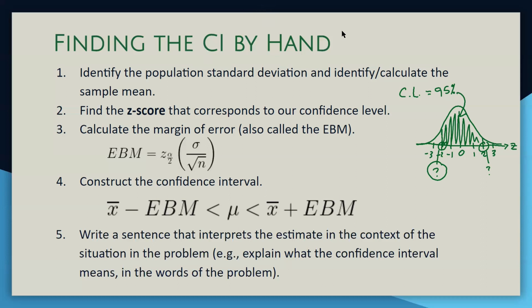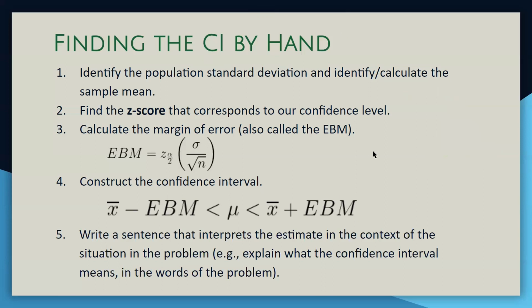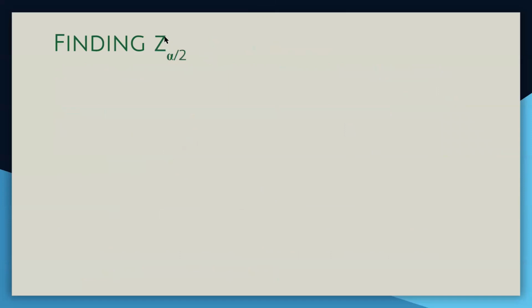Okay, so my assumption is most of you are not going to want to do this by hand. So let's talk about finding that z alpha over 2 really quick, and then we're going to move on to how to do it on your calculator, which is, I'm assuming, what you guys are interested in. To find that z alpha over 2,